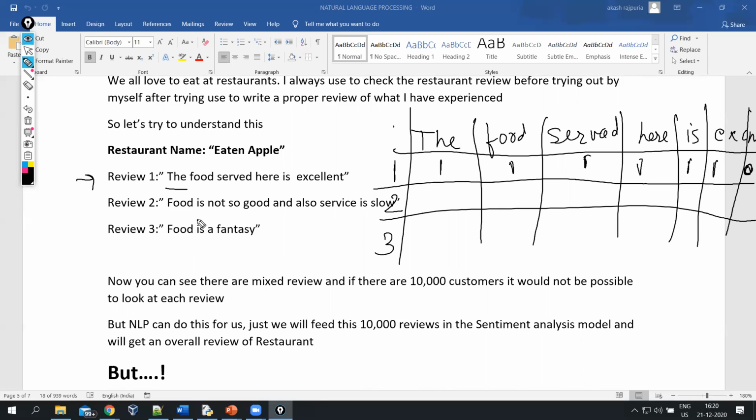In the same way, food is there in the second. Is the there? In the complete sentence, there is no the in the second review. Now focus on the second review. The is not there, so 0 would be there. Food is present there, yes. Served is there? No. Service is there but not served, so we will give 0 here. Then not is present there, so I would write 1 here. If the appears 2 times, I would write 2 here. Simple as that. Same way, not is there, so I would write 1 here.